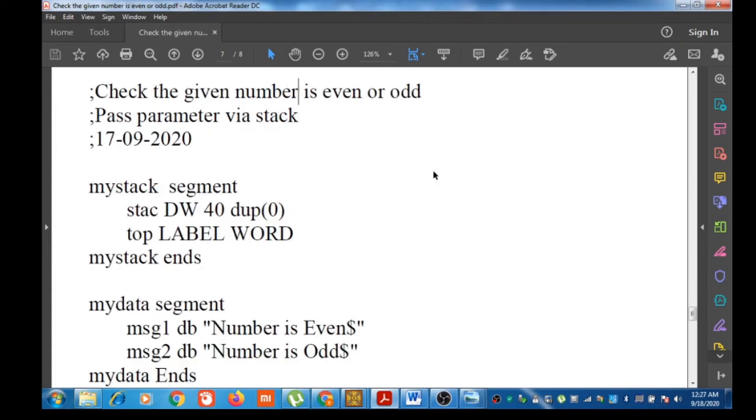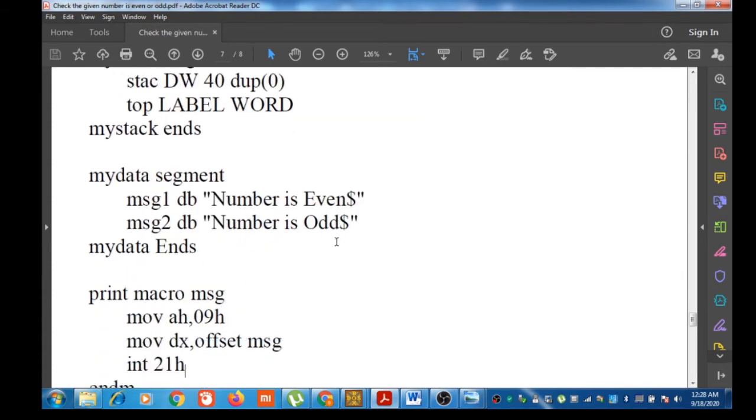Let us discuss the last method, passing parameters using stack. So in the program, we will declare a stack. So this declaration we have already learned. Then in the data segment, we have two messages.